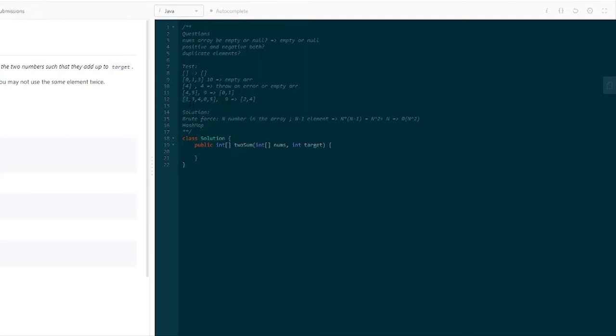So for example, the complement of 1 would be 8. And then as we go through the array, if we encounter 8, we would return the indexes corresponding with